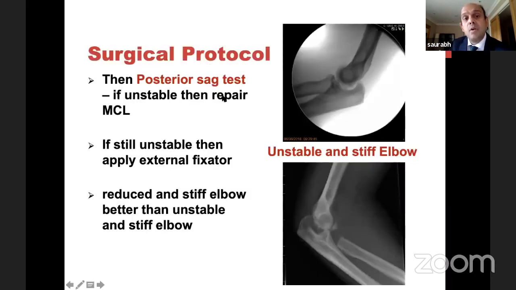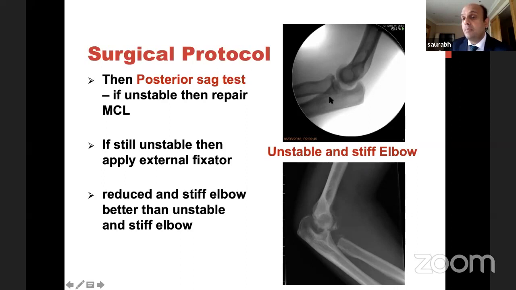And then comes this concept of posterior sag. So once you've done these three structures, capsule or coronoid, radial head, LCL or LUCL, almost never, anecdotally, I can say in 3 or 4 elbows out of 100, do you have to repair MCL. Otherwise, MCL you almost never have to repair. How you know is once I've done these three things, I'll do a posterior sag test. You get a lateral view to the elbow, and posterior sag is basically your pseudo subluxation or drop sign, and you let the gravity take over.